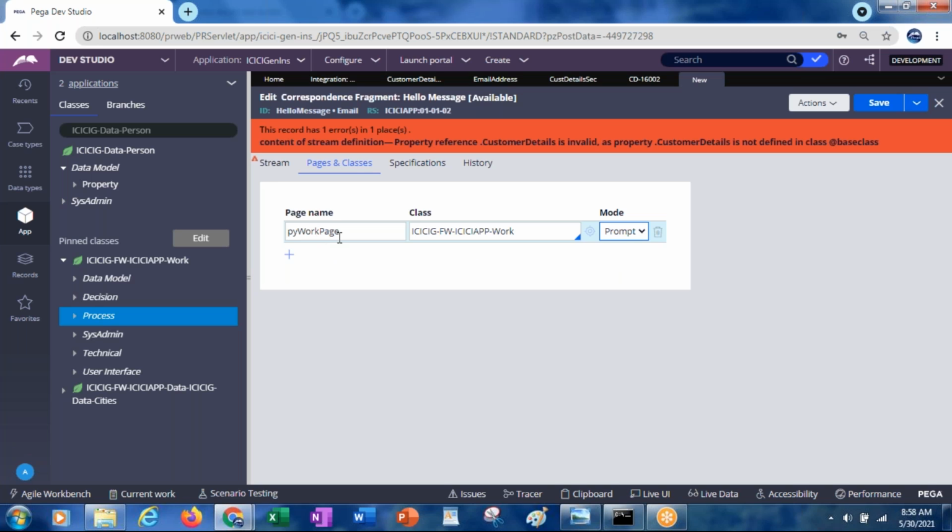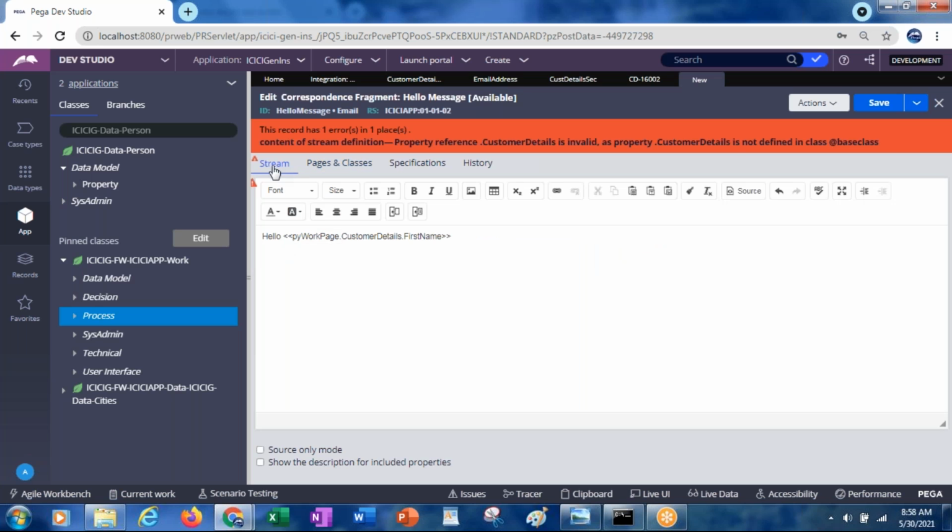It will send the complete page information from activity 1 to activity 2. So wherever you refer to this email correspondence fragment, it will pass the complete page.